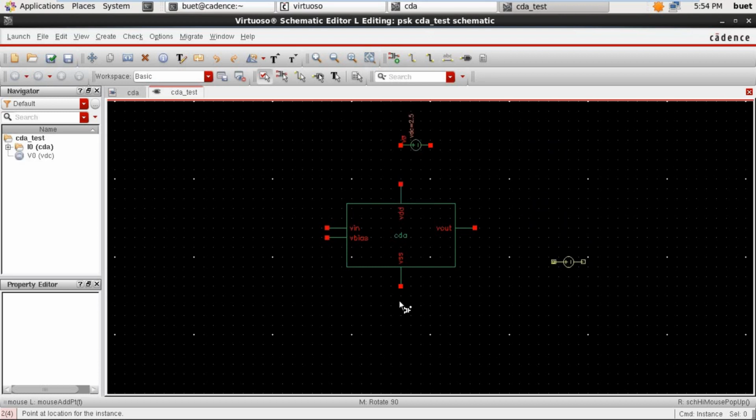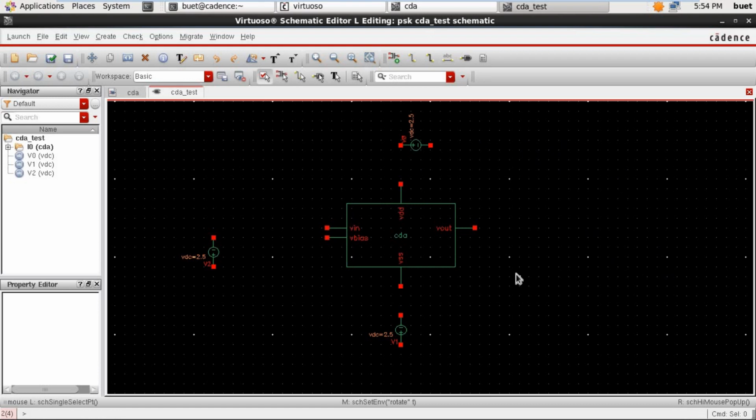Similarly for VSS we have to connect the minus side of VDC to VSS. Now for VIN, now for VBIAS we connect the same thing, that is negative to VBIAS.